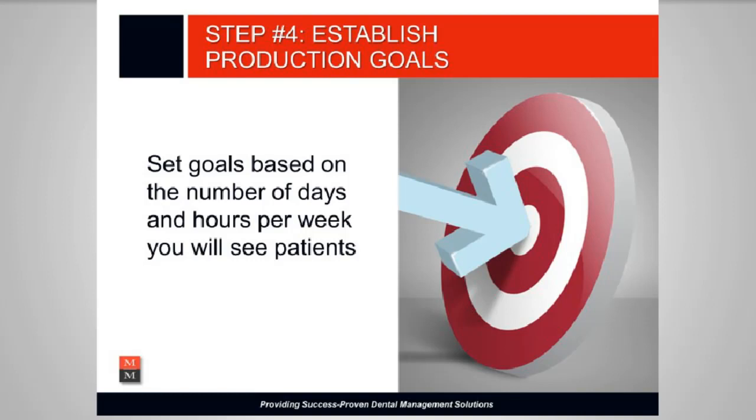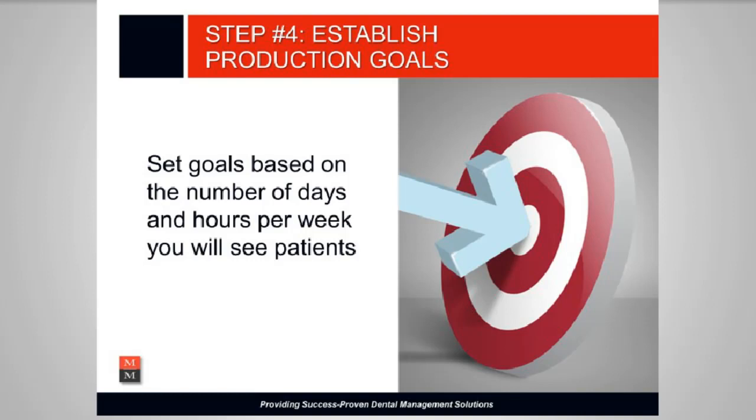We just hear this all the time. So for purposes of an example here, let's say that your goal is to break $900,000 for practice production, including hygiene. And your hygiene department is on track and producing 1/3 of that practice production. So therefore, you have the difference as a dentist, and your production goal is like $603,000 then. And that calculates at just over